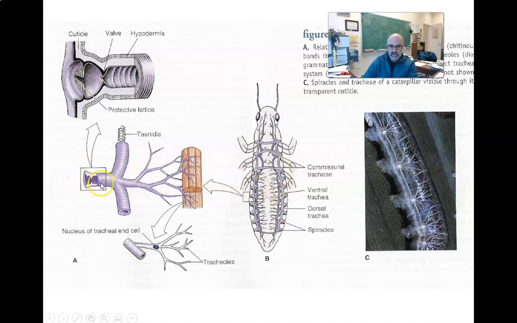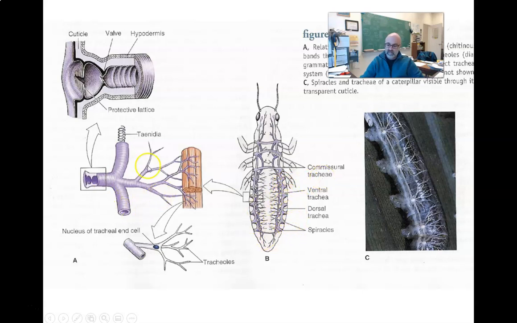Right, so here's the spiracle into the trachea and down through their little tracheoles, and then individual cells can obtain their oxygen through these small little tracheoles. So what we're not talking about is oxygen going into the mouth down to the cells. The oxygen comes in through the sides of the